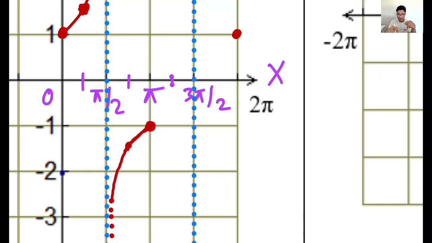In the third quadrant also, your x coordinate is negative, right? So cosine is negative, hence secant is negative, hence you will be going to more negative values. So from here it will go like that,